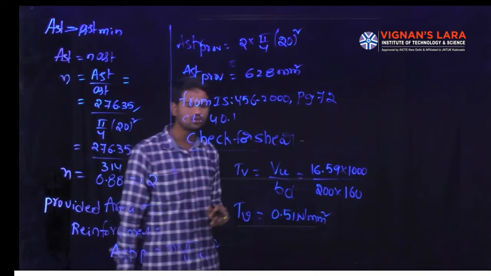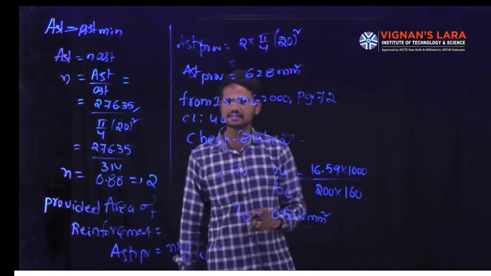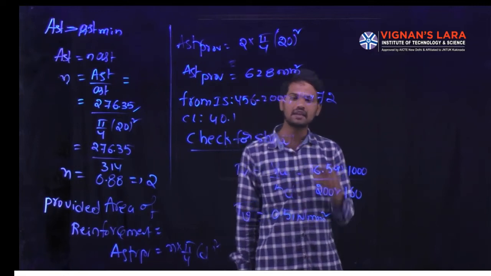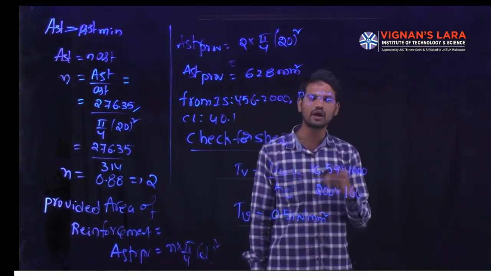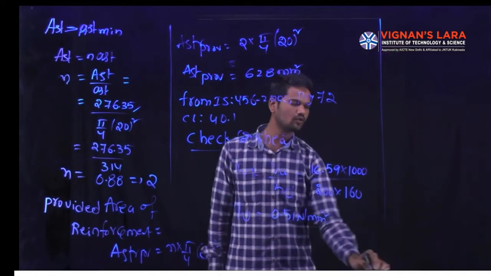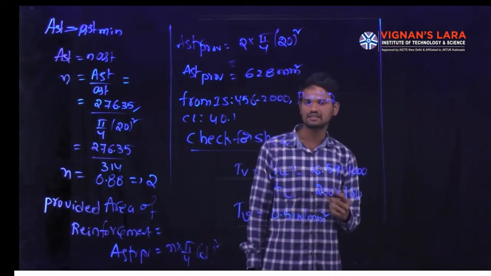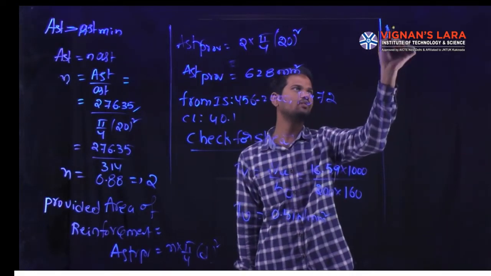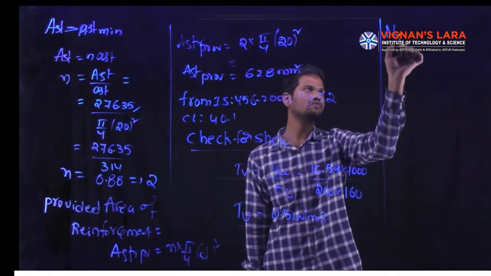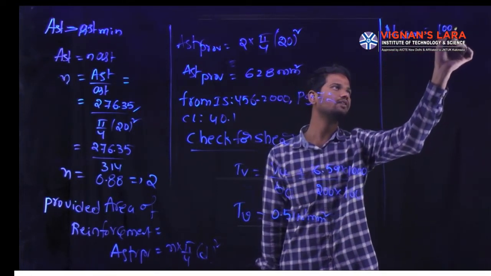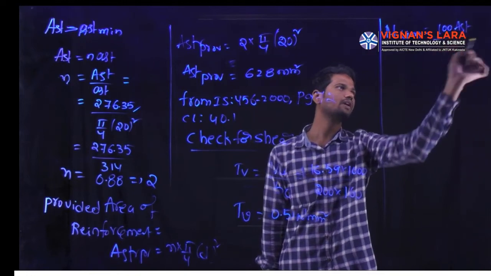After this, we have to calculate the percentage of reinforcement for the beam. That means what is the minimum percentage of reinforcement we have to provide in the beam, for calculating the area of the steel we have to provide. That means the percentage of reinforcement limit, or pt limit, equals 100 into Ast divided by BD.